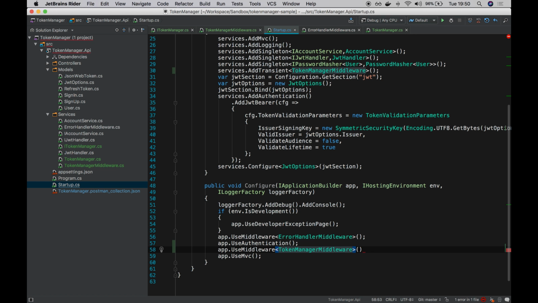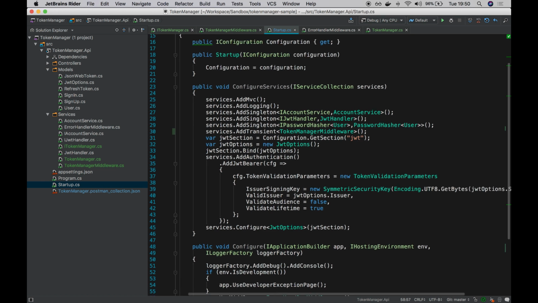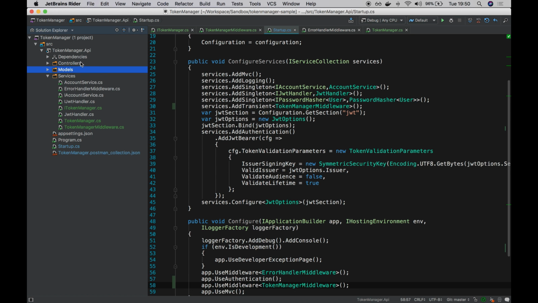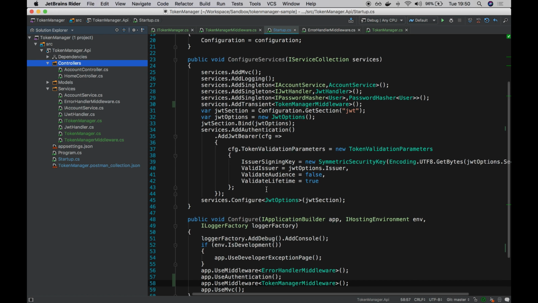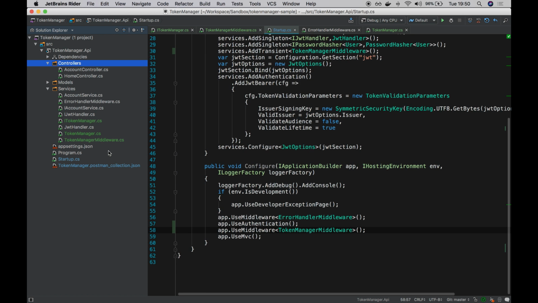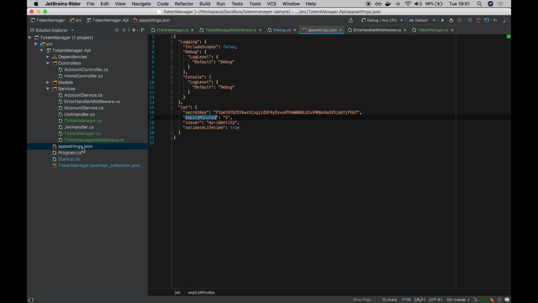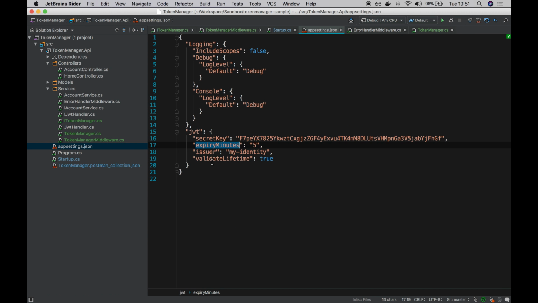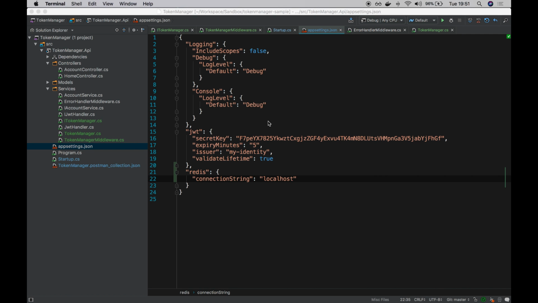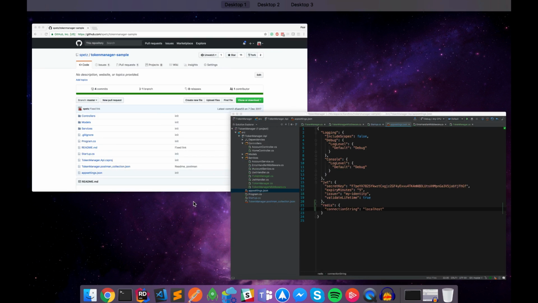Okay. And well, the final step is to actually at first implement the endpoint in our controller to be able to cancel the token, as well as provide the settings for our Redis. Okay, so what we want to do within our app settings is to add a section here. I'll call it Redis with a single property named connection string, and I will set its value to the localhost, because as you can see here,